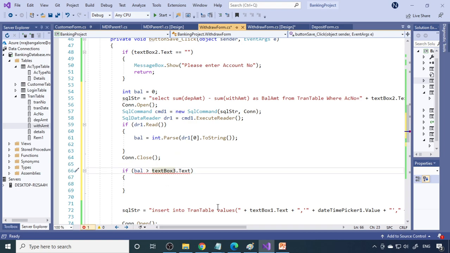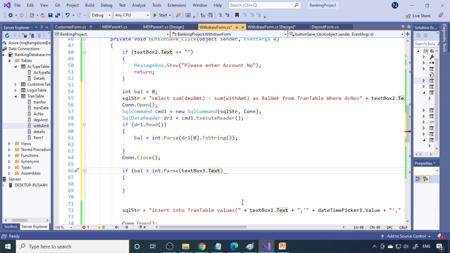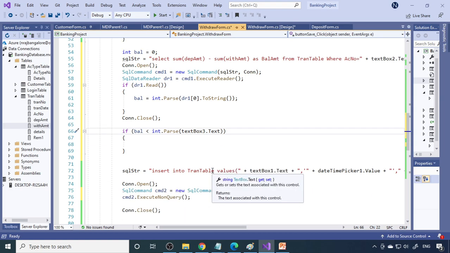Then you have to parse it again with int.Parse, to convert text into a number, and you write if balance is less than int.Parse text box 3.